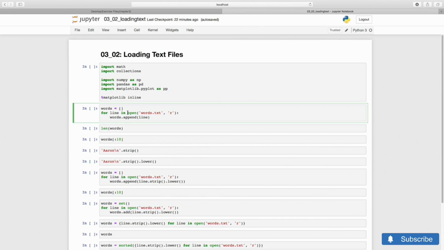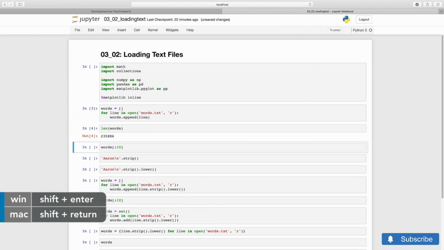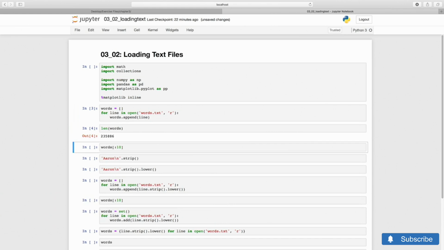For the moment, all that we will do with each line is just to collect it in a list. What did we get? More than 200,000 words. Let's look at the first few using slicing, as we learned in Chapter 2.